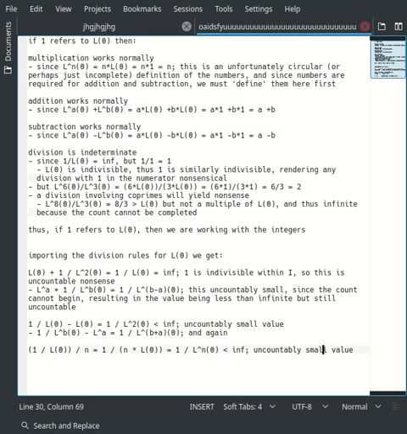So these weird things that came up with the divisions that were yielding infinities and things that are just almost infinities, they actually do still tell us things correctly when we use L naught as our unit, and that means that we're working within the integers. So I thought that was interesting, because it more or less seems to work with a traditional sense of integers, but there is a little bit of added